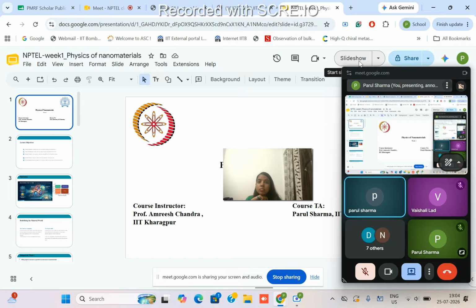And this is the image taken by using the SEM, the scanning electron microscope. You can't see this material by your eyes. So okay, so we saw how it will look like at the nano scale. So we can define at least one of the three dimensions in the range of 1 to 100 nanometer,